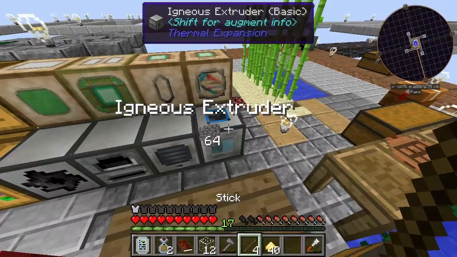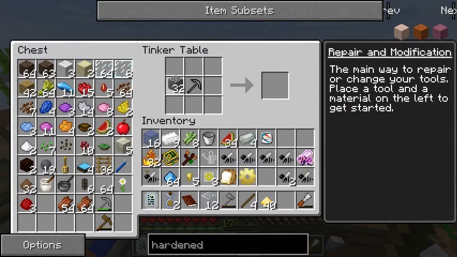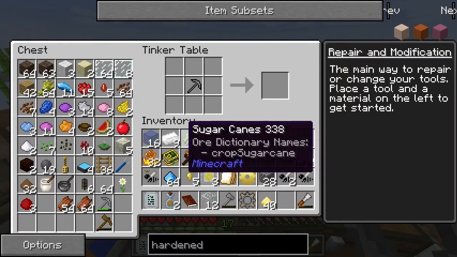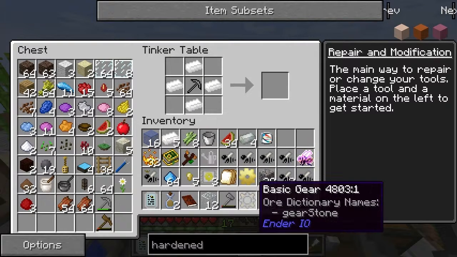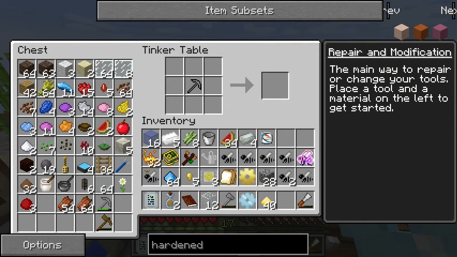We're going to need that cobble. Basic gear. Alright, so with the basic gear we're going to want to make it into a tin gear by surrounding it with tin ingots, which I have got. Tin gear. Now we're going to want to make that into a machine frame by surrounding it with 4 iron and 4 stained glass,